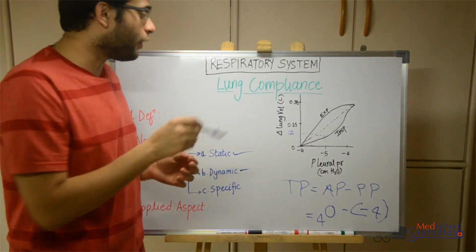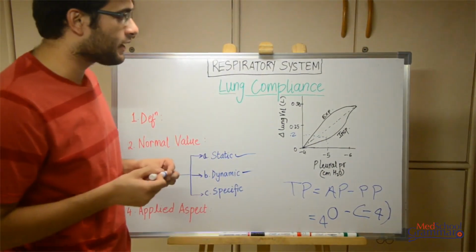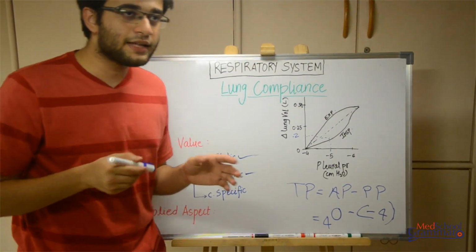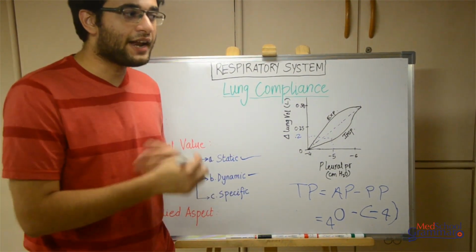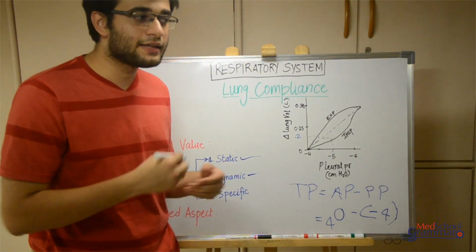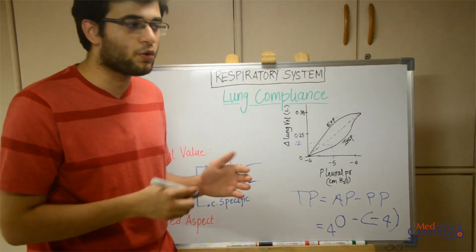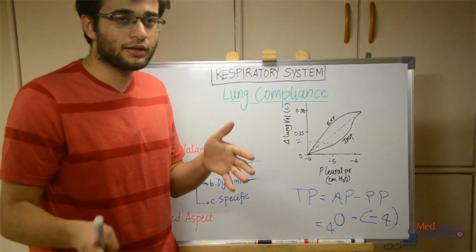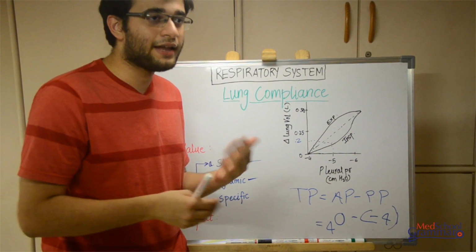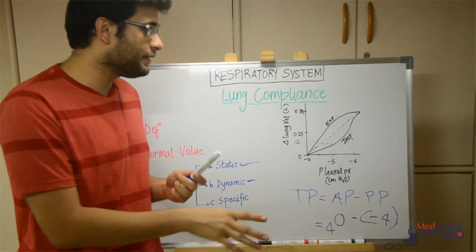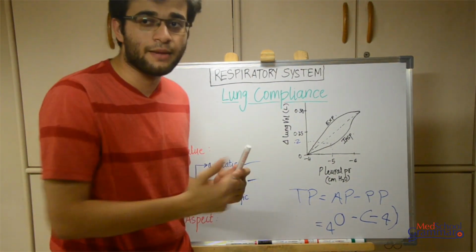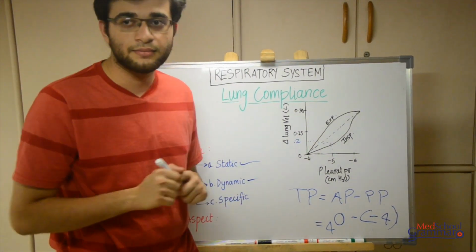So what is the significance of dynamic lung compliance? Dynamic lung compliance is more in athletes. If it is more in athletes, it's more favorable to them because they require greater capacity to hold the air, and they do not need to breathe continuously, right? So for athletes, it's more favorable to have a higher dynamic lung compliance.